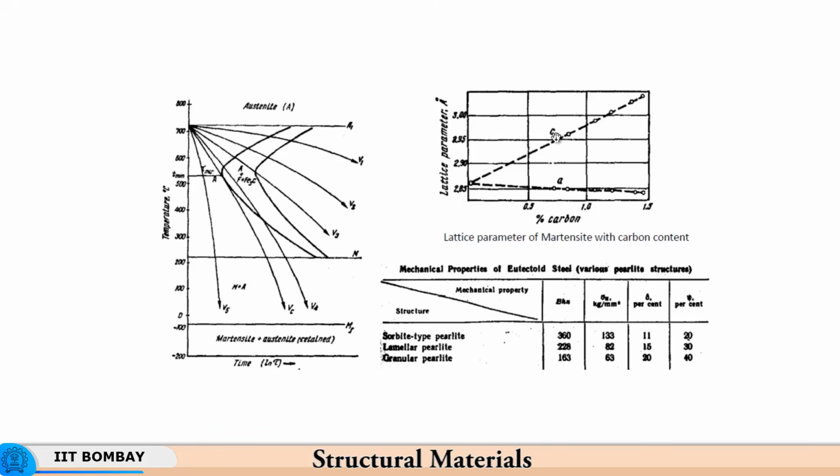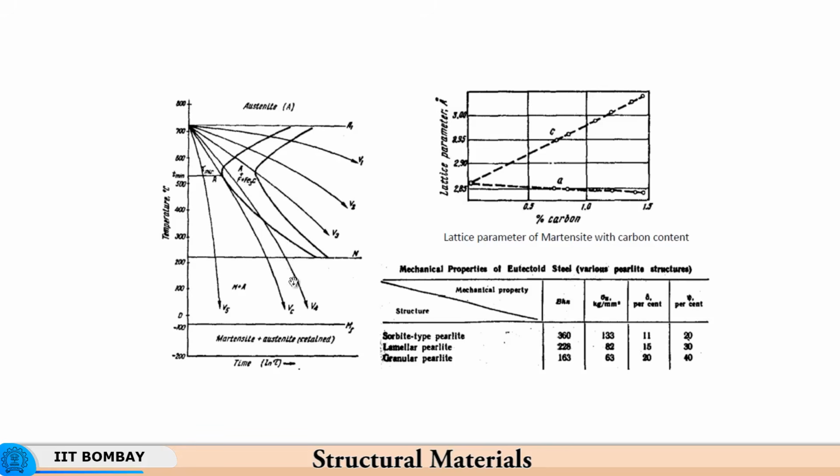So, the C parameter, that is the height of the tetragonal lattice, increases very significantly with an increase in the carbon content. So, we have transformation taking place from FCC austenite to body centered tetragonal martensite without any diffusion taking place, and that is the reason why this transformation is possible